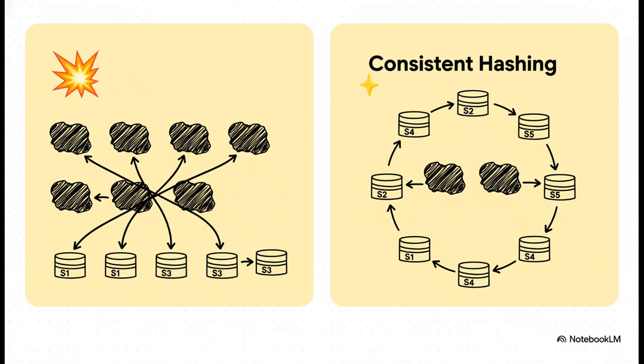Well, here's the catch. The moment you add an 11th server to handle more load, your formula changes. Now you're dividing by 11. And suddenly, the remainder is different for almost every single key. It's complete chaos. You're remapping everything. Now look at the right. That's the promise of consistent hashing. You add a new server, and only a tiny, predictable slice of data has to move. It's stable, it's calm, it's how you actually scale.